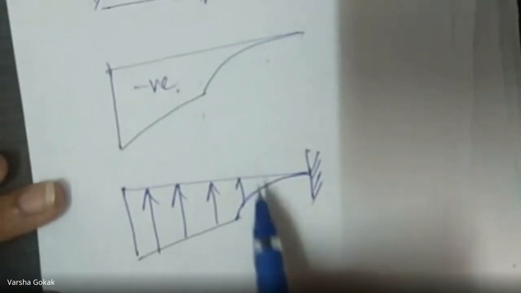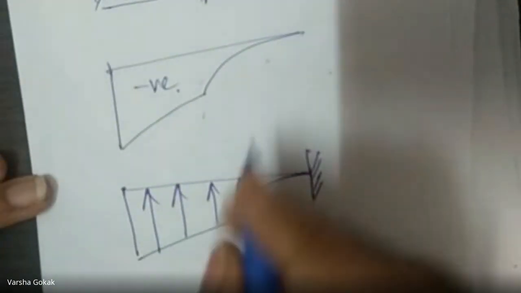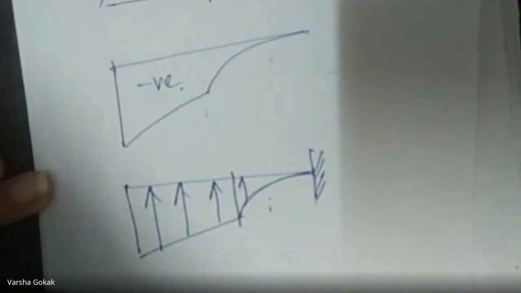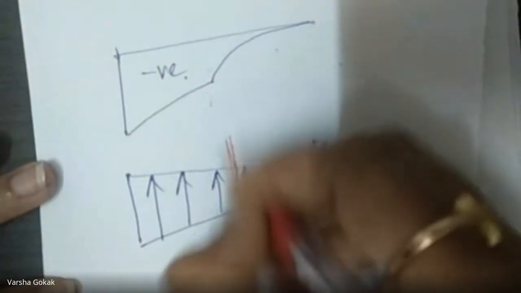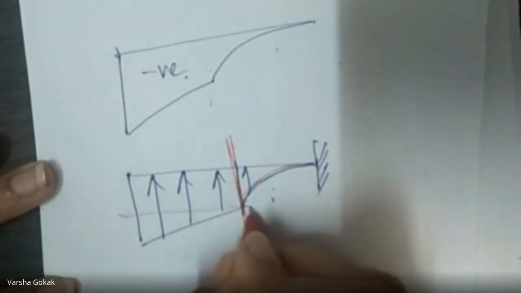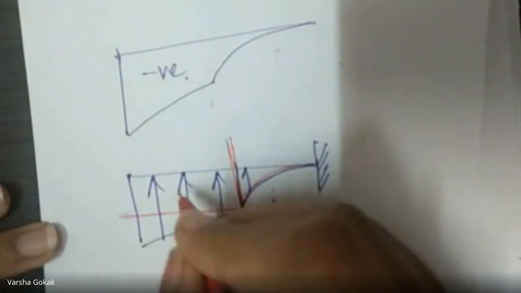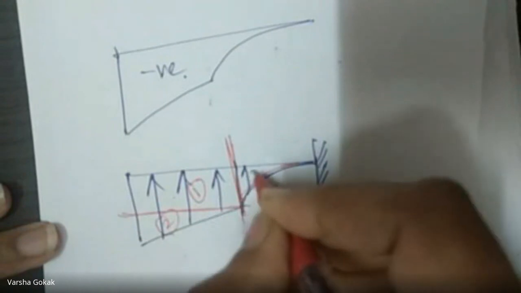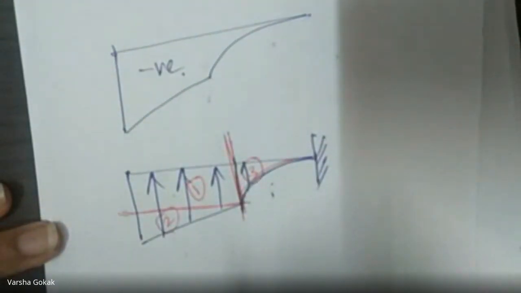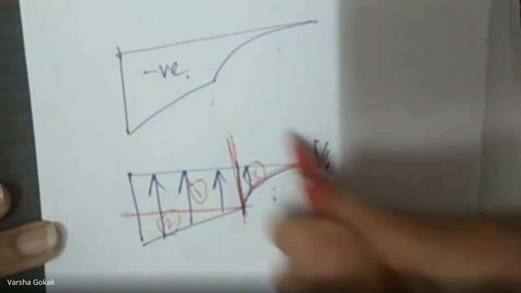When I want the shear force and bending moment, I will divide this diagram into 3 figures. How many figures? 3. One is this parabola, one would be a rectangle and one would be a triangle. And then for the rectangle, triangle, and this cubic parabola, I will take the area and the CGs to calculate what? To calculate the reactions. From the reactions, I'll get the shear force, which will link me to the slopes, and for the bending moment diagram I need the CGs.